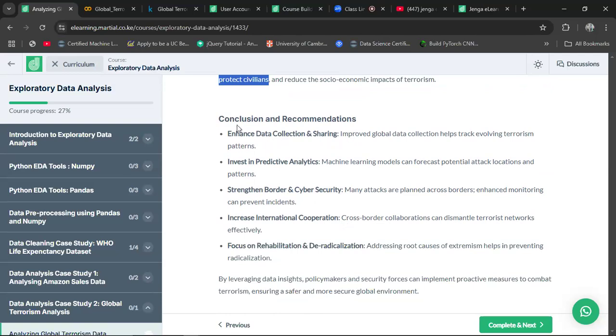To conclude, we're recommending enhanced data collection and sharing, in such a way that we have improved global data collection to help track the evolving terrorism patterns, okay? We are also recommending that